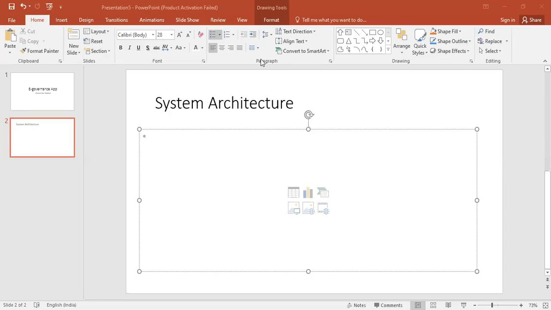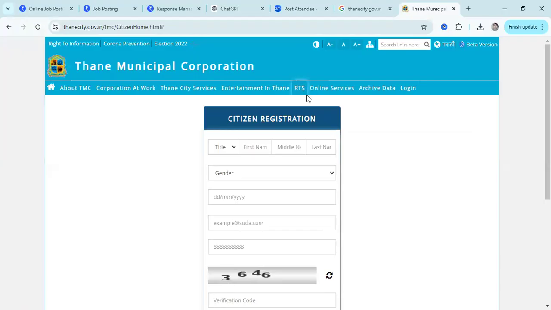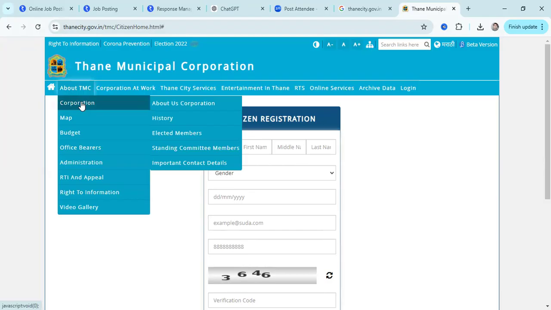So hi guys, in this video we are going to discuss system architecture and system design, microservice architecture, especially for an e-governance application. We just visited one site, something we can call the Thane City e-governance site. We have just visited the corporation's homepage, where you can see different